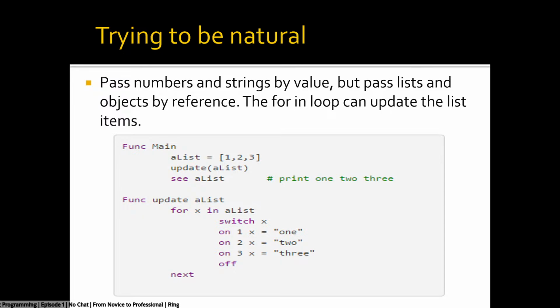Oh, wait a minute. So like a swap of iterator for the value, because it starts as 1, 2, 3, and then we're saying on element 1, numeric 1, set it to the string 1, 2, so on and so forth. And so I guess the switch, oh, I see, switch ends in off. And then next.